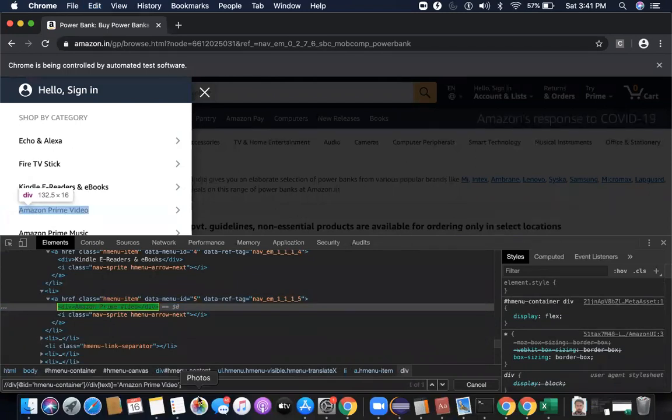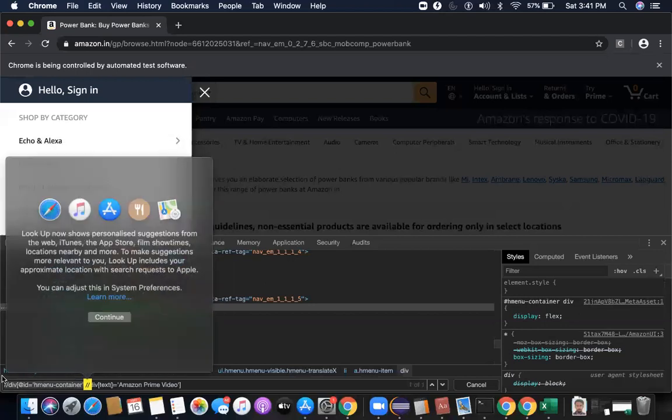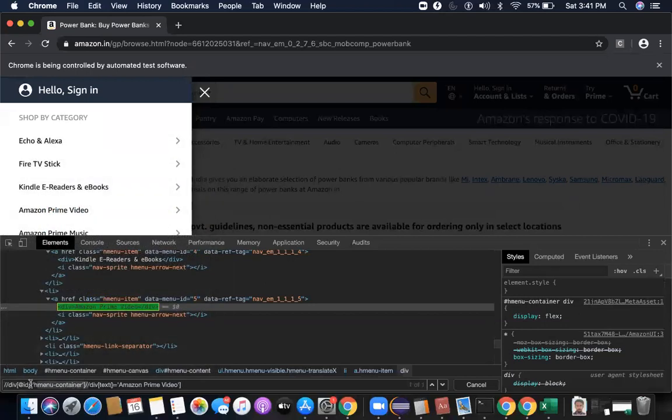Now I am able to find it. Here I am making use of two double slashes, guys. That is what I want to mention here: two double slashes are used one after another. This is used to find this div anywhere in the document. Once it is found, then inside this element, find anywhere a div whose text is Amazon Prime Video, and this is how I am able